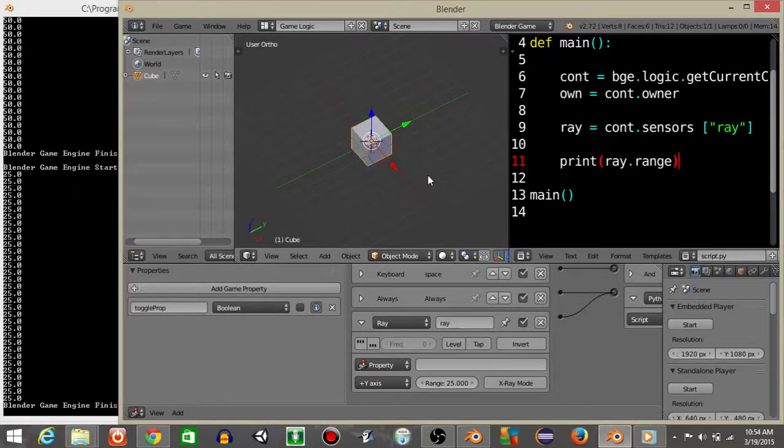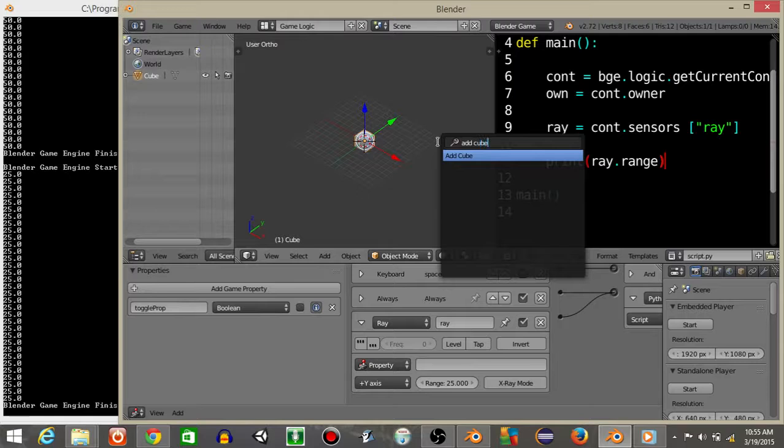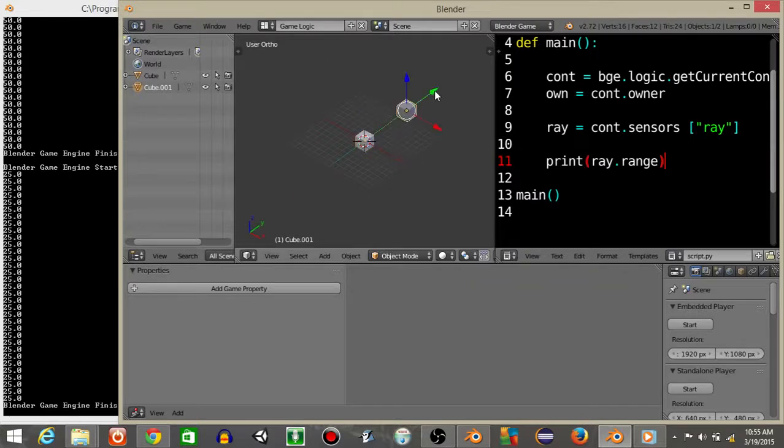Now something that we can do with our ray sensor range is, the ray is essentially just an invisible line from the point of origin, or in this case our cube, out 25 units, or whatever the unit of measurement is for Blender, on the y-axis like this right here. And we can tell that this is how it's working, because if we do spacebar and then add a cube and drag this cube out and hit play,